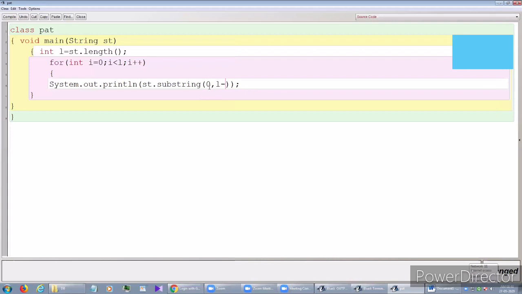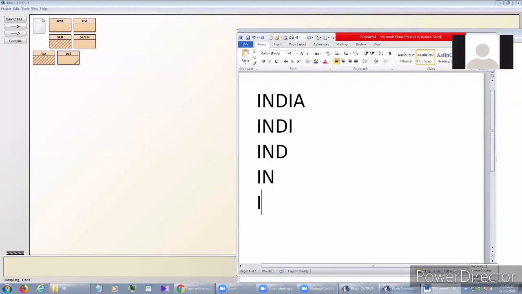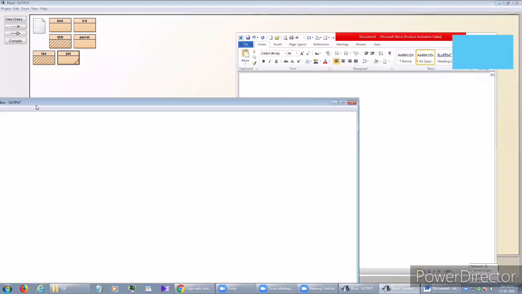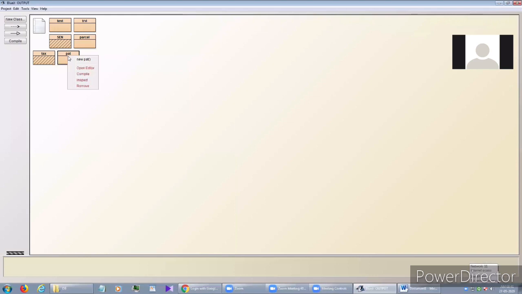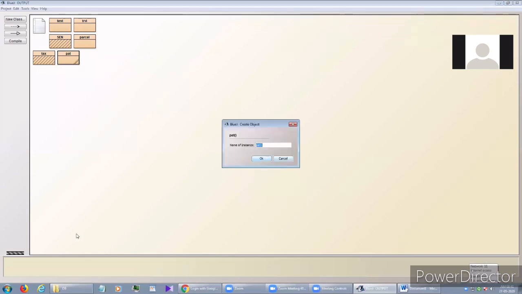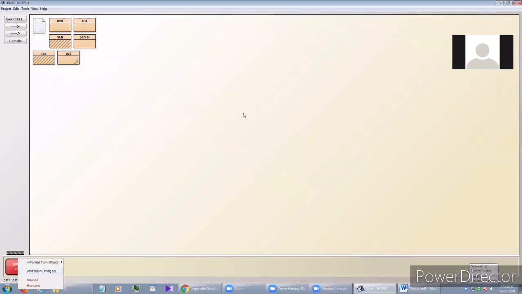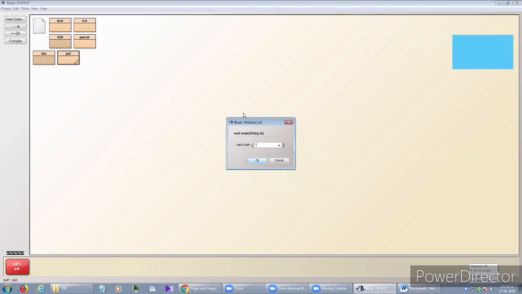I think this also worked. If I write st.substring(0, L minus 1), let's compile this and see what result we get. See, the input is given here as India.